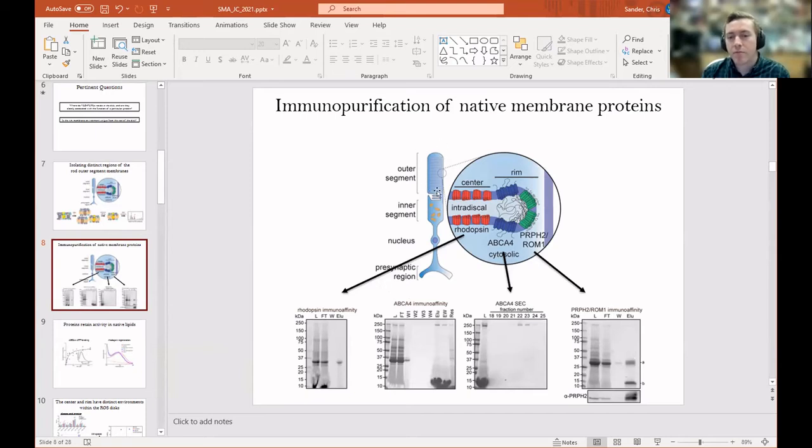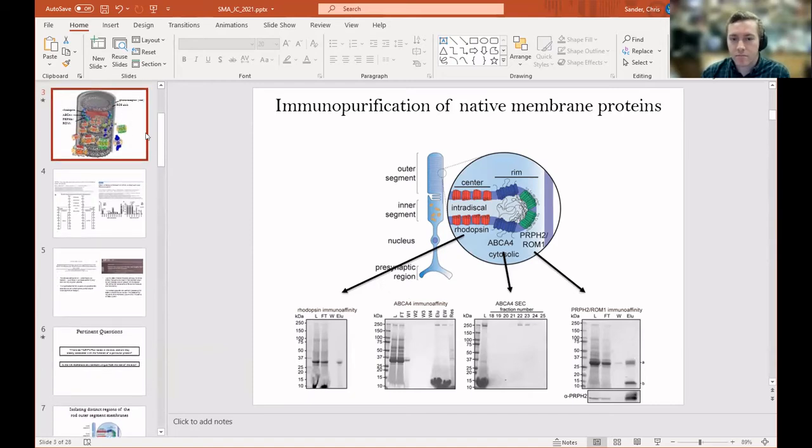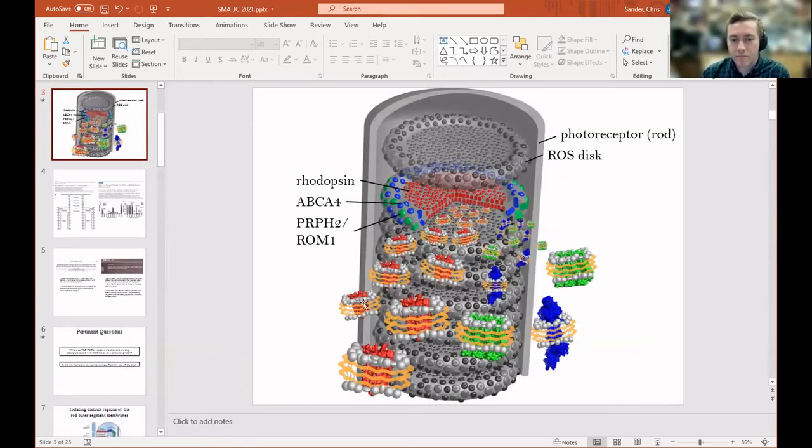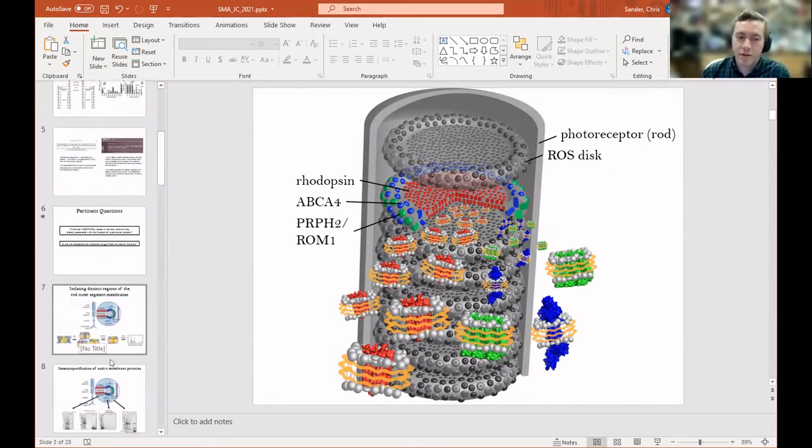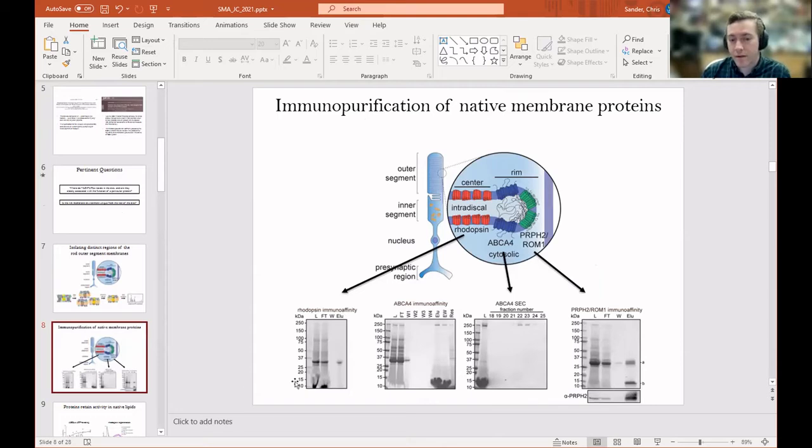We're able to pre-purify this part, which contains all these discs, and then I solubilized all of that material together. So I generate essentially the rhodopsin SMALPs, peripherin ROM SMALPs, and ABCA4 SMALPs,